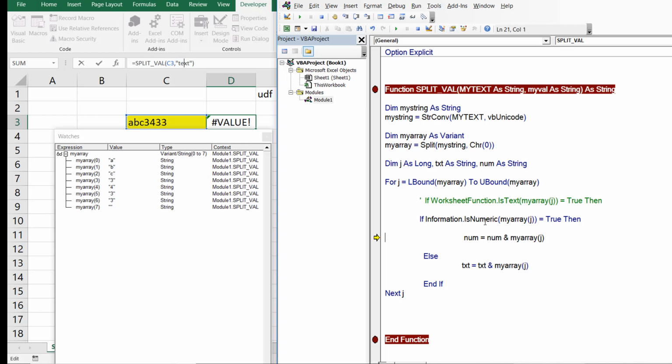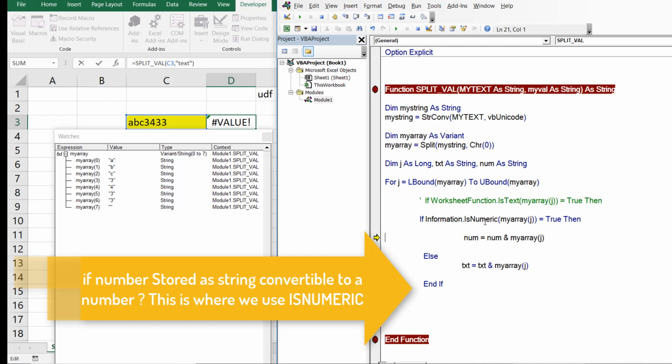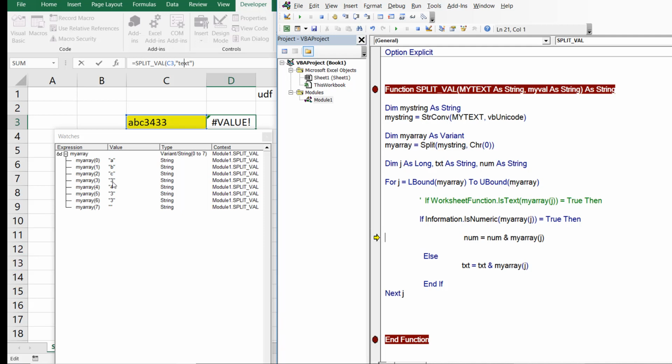So is numeric, what it does, it checks whether a number which is there, maybe it is stored as a number or maybe it is stored as a text, can be converted to a number or not, whereas is number, what it does, it only checks whether this is a number or it is not a number. I again repeat, is numeric says whether this can be converted to a number or not. Is number says is this a number or not? Simple. Now if I look at this 3, if I say is it a number, what is your answer? No, it is not a number. But if I ask you, can it be converted into a number? Yes, it can be, because actually